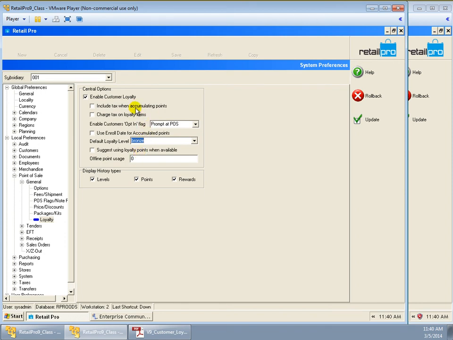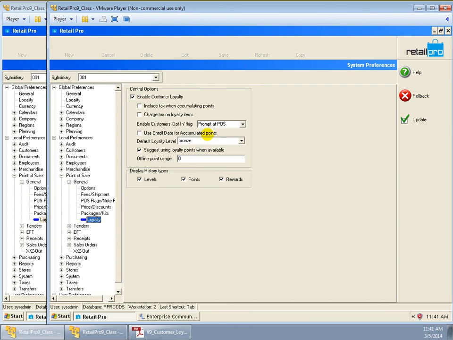So if they choose to join your loyalty program, but there's no level, then they will never start accumulating points until you actually physically or manually assign them to a level, and hopefully that level has some loyalty programs linked to it, right? Okay, so just to make things simpler for this demonstration, I just made sure that all my new customers who opt into my program are given a bronze level. Okay,